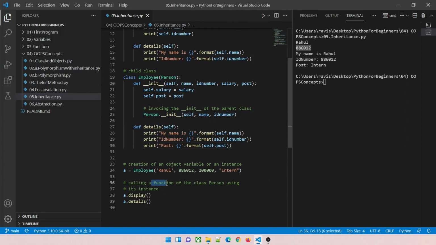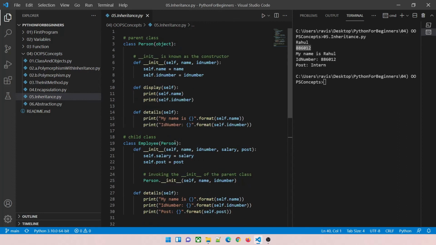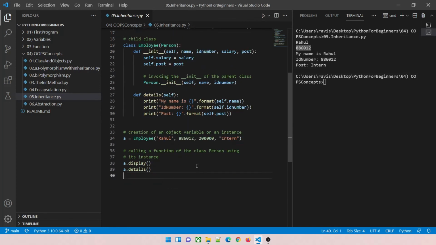So we are calling a function of a class person using its instance. Here we created an object, a variable or an instance. You can say instance and object, same thing. I hope these things are clear to you. It's a bit complex right now, but when you study more and do some practice, it will become clear. This is just an example. You can see a lot of examples. You can visit the GeeksforGeeks website for these examples. I have copied one or two from there as well. So you can write more programs on this and try to understand what is happening. Just play around with things, delete things, break stuff, and then you will be able to understand what exactly these concepts are.